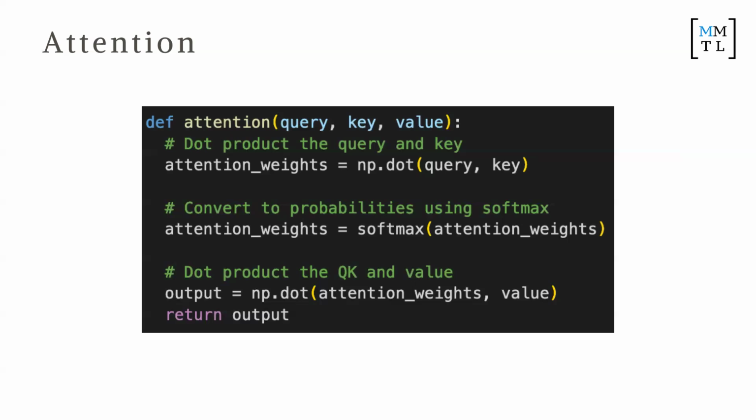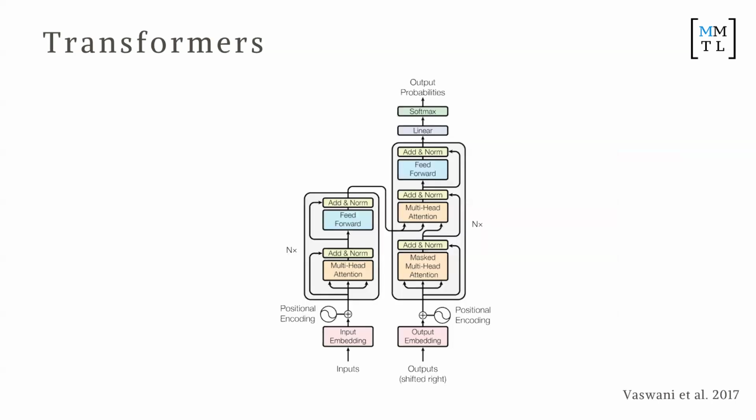Does that make sense? So that's actually all attention is. It's a very, very simple function, but this has led to all the stuff that you see right now with ChatGPT. Okay, very, very cool. All right, now attention is a part of what's called a transformer architecture.